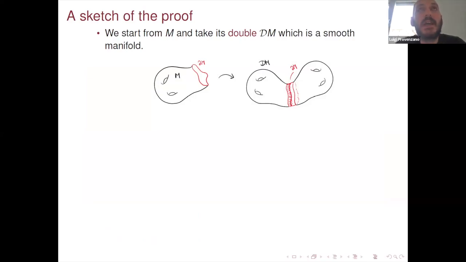So we have a general harmonic function, so its gradient does not need to be outward pointing on the boundary, so we cannot use the Poincaré theorem directly here to the gradient of this harmonic function. So a natural idea is to consider the double of this manifold. Since we have a smooth manifold, we have a well-defined tubular neighborhood of the boundary, and we use this tubular neighborhood to glue together two copies of M. You can imagine that around the gluing, this manifold is essentially a product of the boundary times an interval.